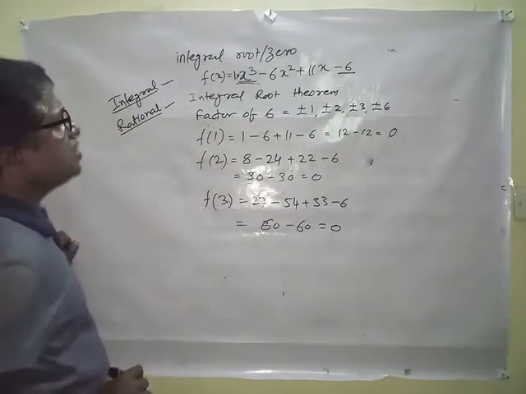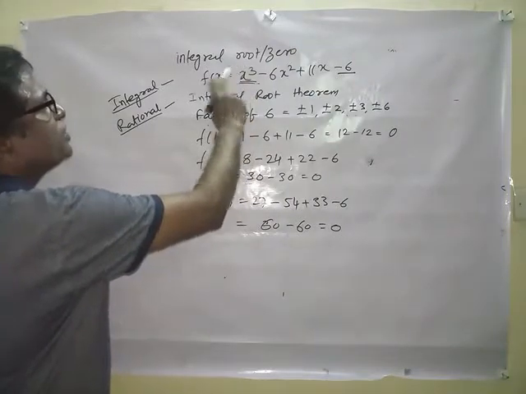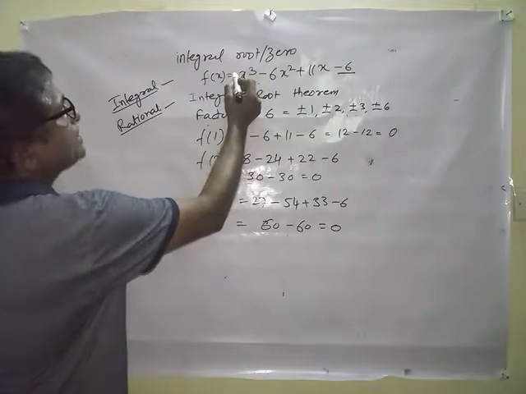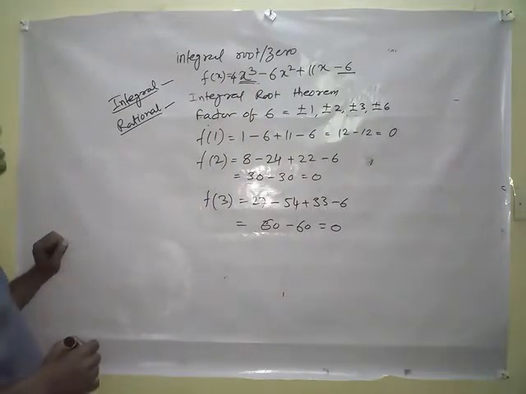For the rational root theorem, if the coefficient of the highest degree is anything other than 1, then